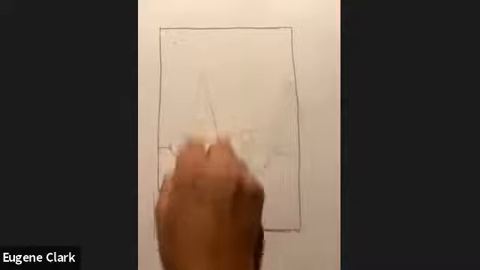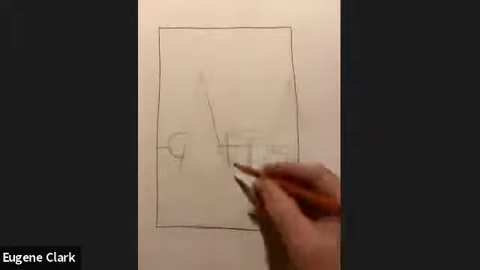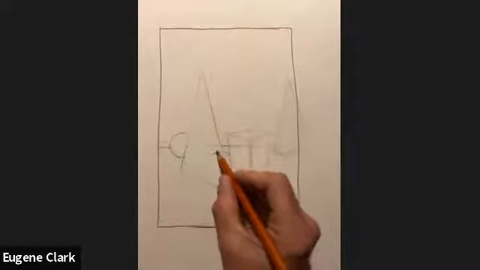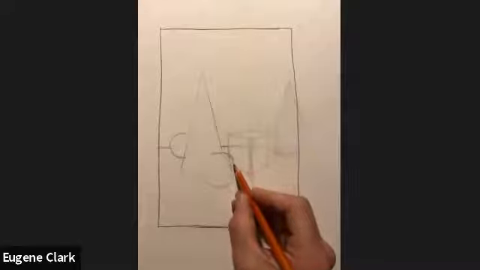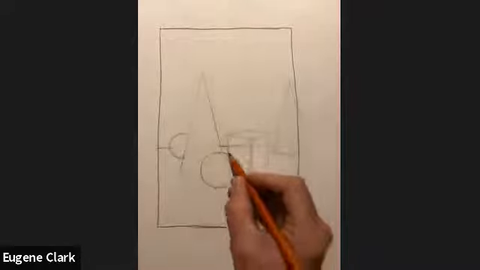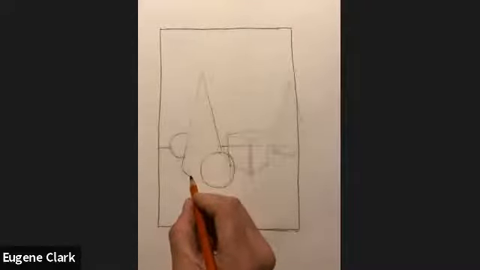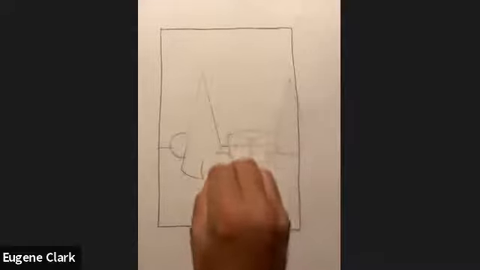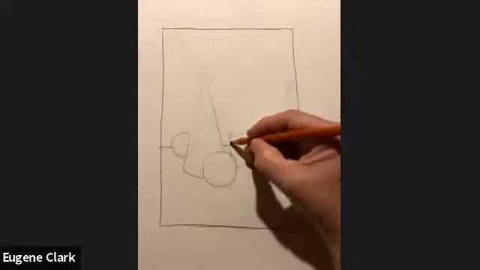And we'll erase some of these lines that are up here. So now I'm pressing down just a teeny bit harder so that you can see the lines a little bit better. And I'll go ahead and take out some of the box that's behind this sphere. And now I'm going to refine